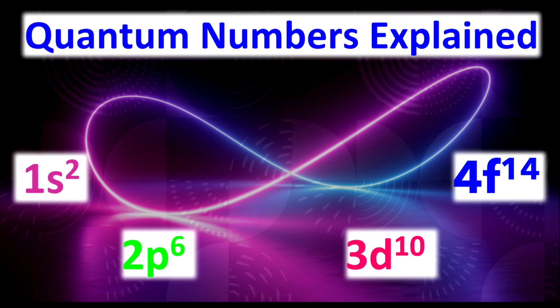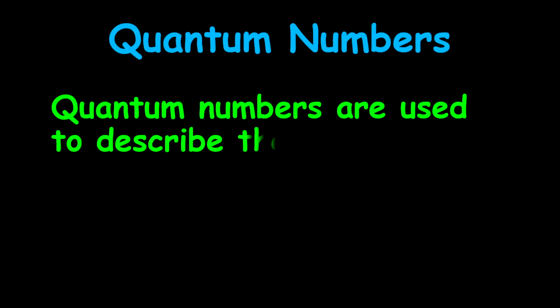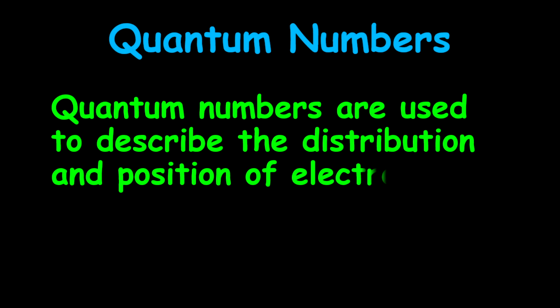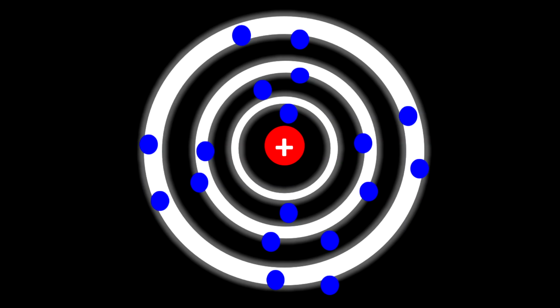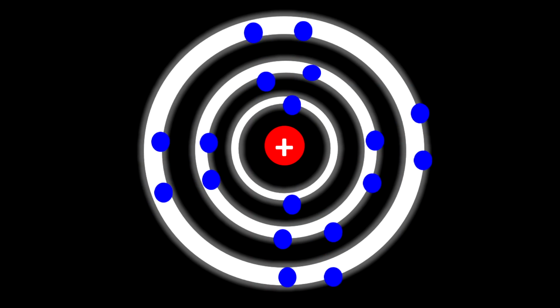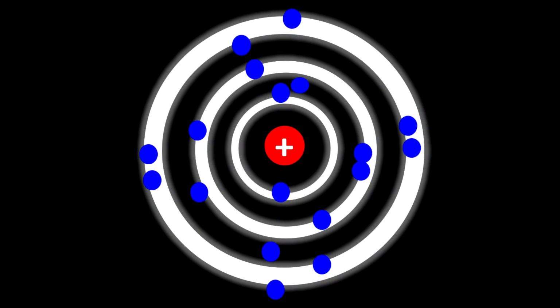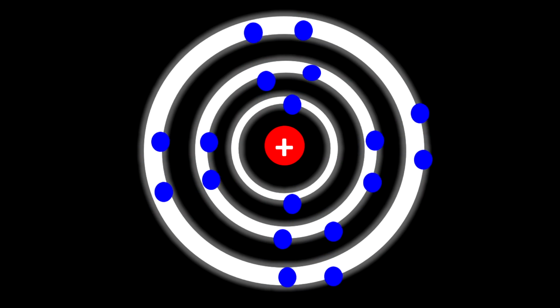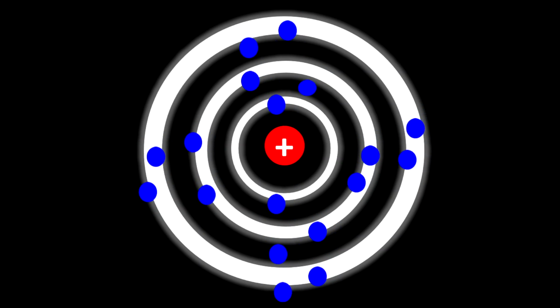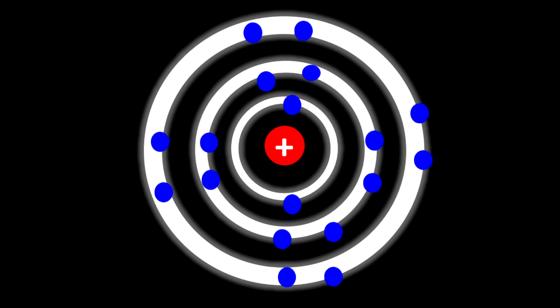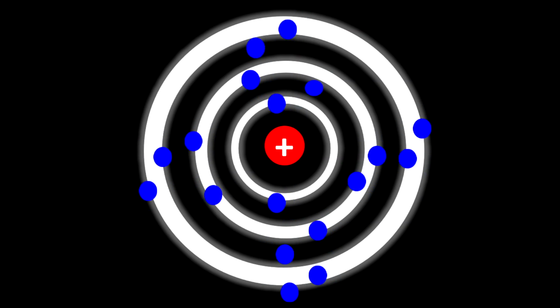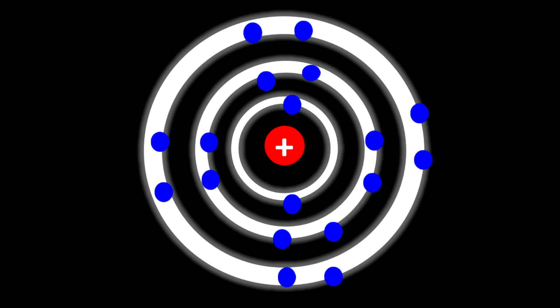Now, to begin, quantum numbers are numbers that are used to describe the distribution and position of electrons in an atom. To understand this concept, the first thing I want you to think about is an atom with a positive nucleus. And surrounding that positive nucleus are some shells. On each shell, you'll have negatively charged electrons moving around, forming specific shapes and also moving in a specific direction